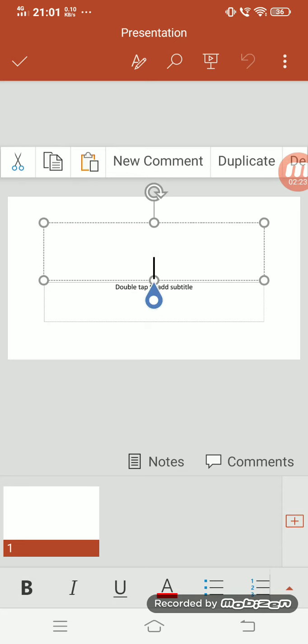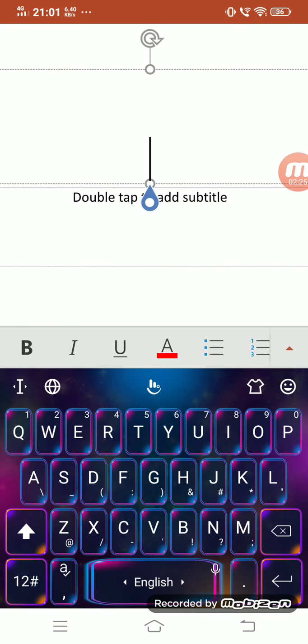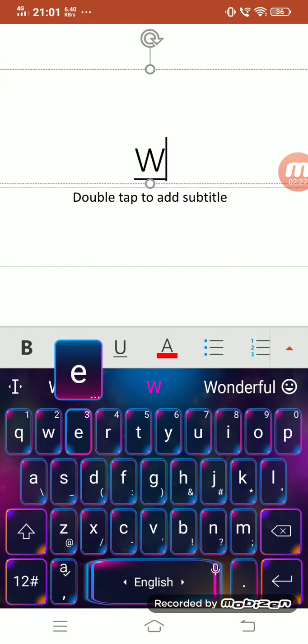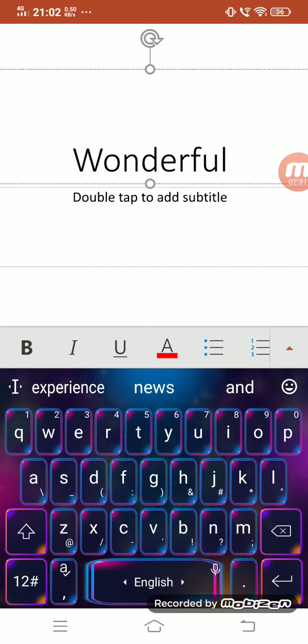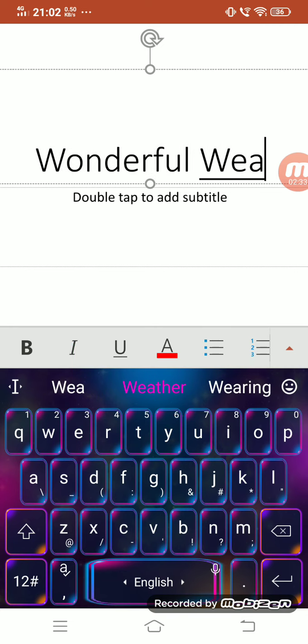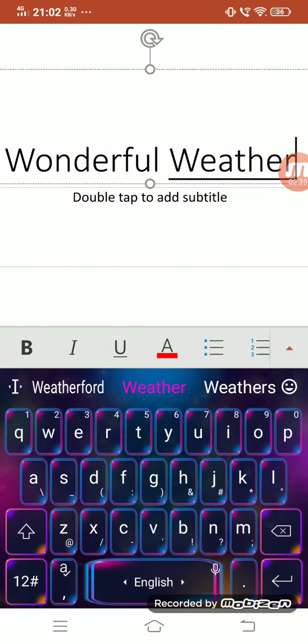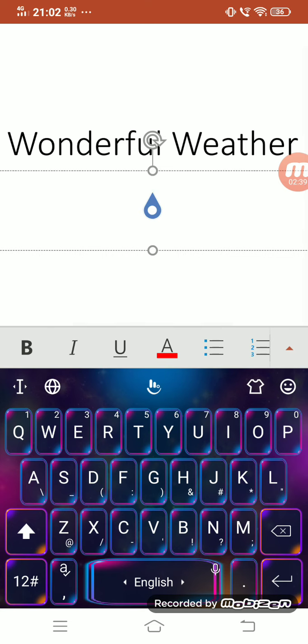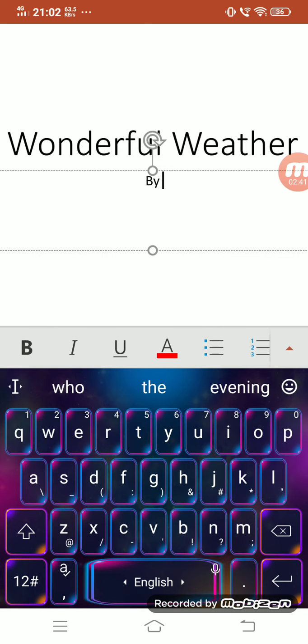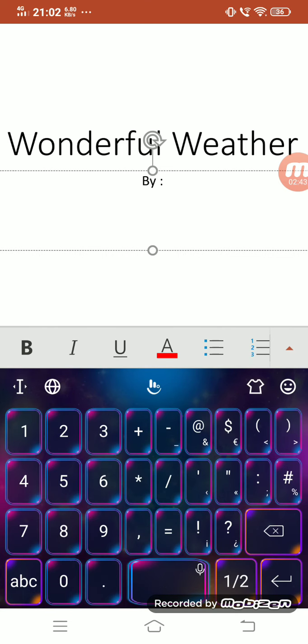You can click here and you can write down the title. Here you can double tap to enter the subtitle, and here you can write your text.